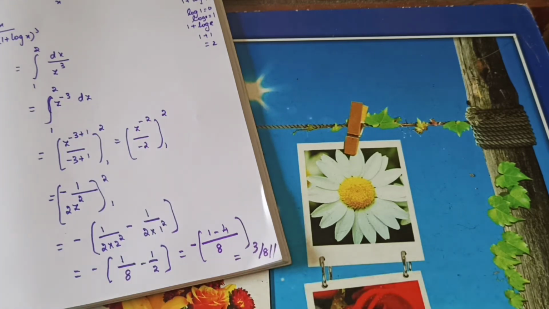Understand? These are the things, very easy in the exercise. So example problems, if you are very thorough, the exercise will be very easy for you. Okay, so do it very carefully. Symbols and all, you don't change it. When you are using substitution, you need to find the new limits. There only you will make the mistake. The limit they give is for x only. If you apply that limit, you will get the wrong answer. So when you are substituting a certain value, at once you need to change the limit. Then only you will get the correct answer. Okay. So let's move to the next question.